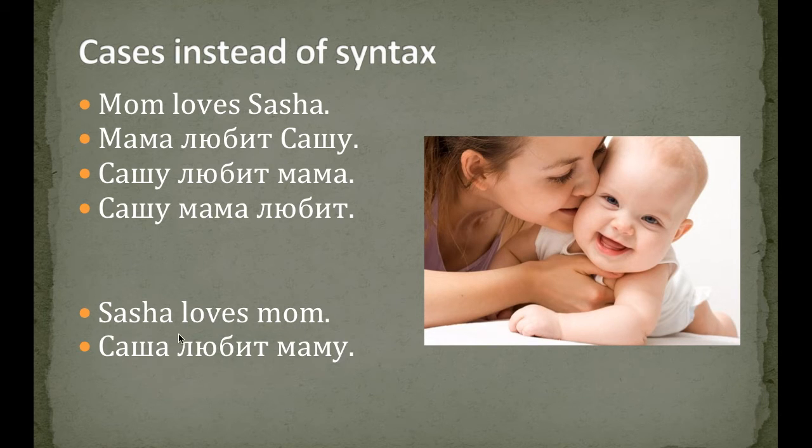So look at this. Sasha любит маму. So see how these are two completely different sentences. Mama любит Sasha means mom loves Sasha. И Sasha любит маму means Sasha loves mom. Again, it's overwhelming you right now, but eventually this will be precisely the thing that you will love about Russian, is you can say things a bazillion different ways, and people will know exactly what you're saying so long as you change the ends of the words appropriately.